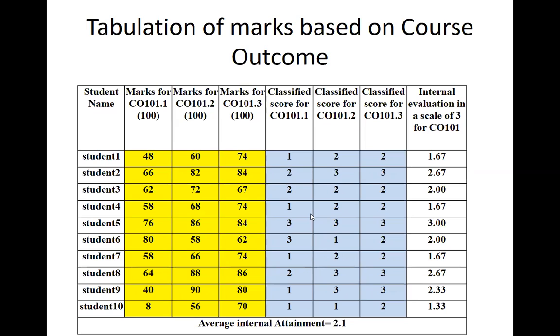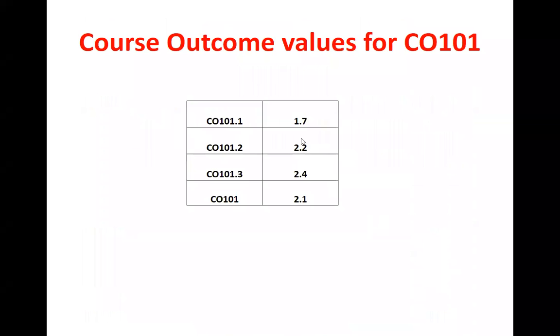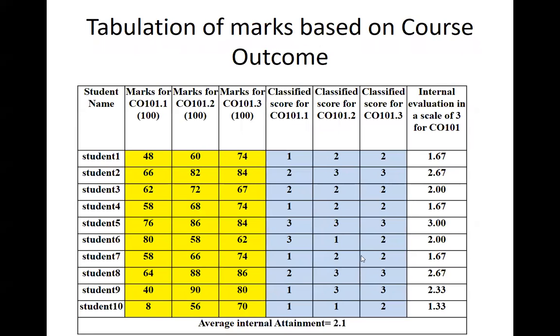We have seen a mark-based evaluation based on the values which come in the ranges of low, medium and high. You can just put the values of 1, 2 or 3. For example, 84 comes in the high level. You can put the value 3 here and follow the same procedure. This will be useful when the marks are not known and you are given only the grades. In that case, if you know only the grades, you can follow such a procedure. So this is based on this grading system.